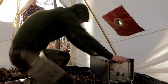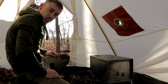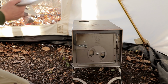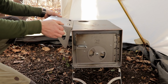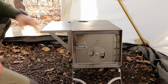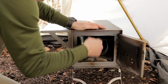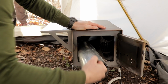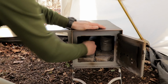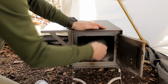We'll figure out the best situation for it, find out how it's best situated. Cool thing about this is that all of the components fit inside of the stove to store it with, to move around with. So, your piping,